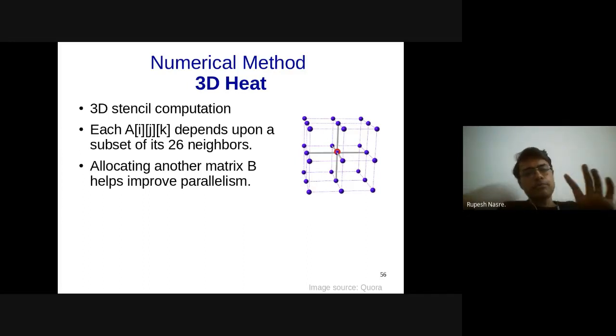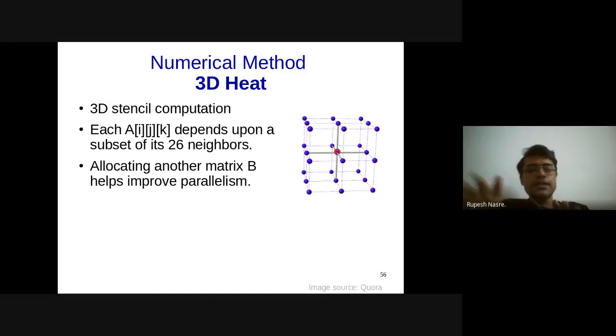So the overall time is going to be a multiplicative factor of the size of an individual iteration and the number of iterations. Whereas when you are using only a single matrix A and doing in situ updates using some sort of synchronization, which could be coarse grained using barriers like red-black processing, or fine grained using a critical section or an atomic instruction in the context of, let's say, OpenMP as well as OpenACC, the amount of time required inside one iteration might turn out to be larger, because you are performing synchronization also within one iteration.